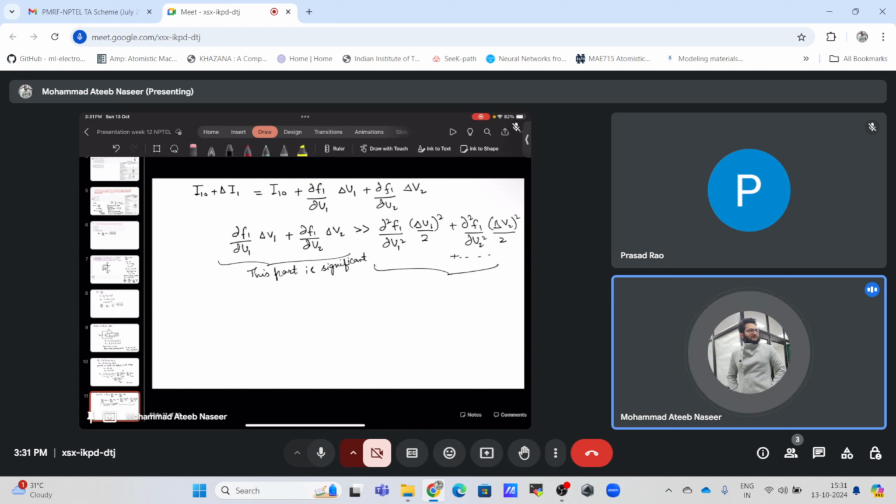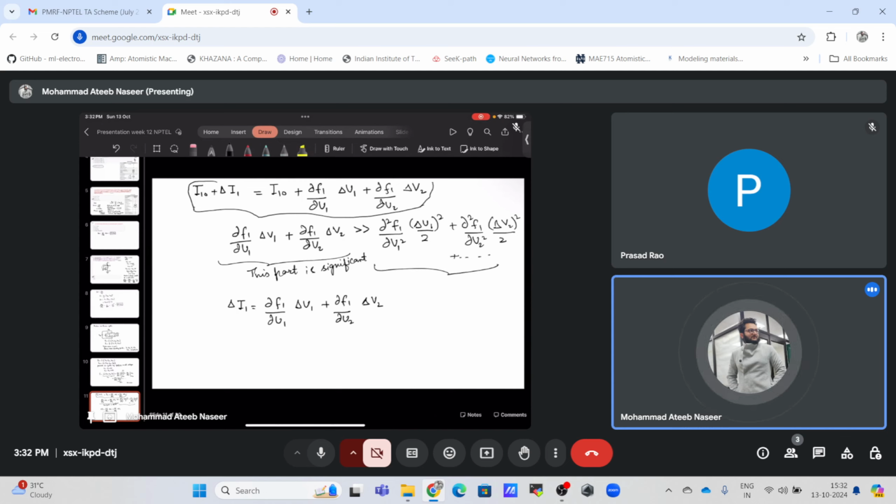So as a result, you can clearly write the equation like this. We have neglected the higher order components, so it would give me delta I1 simply equal to